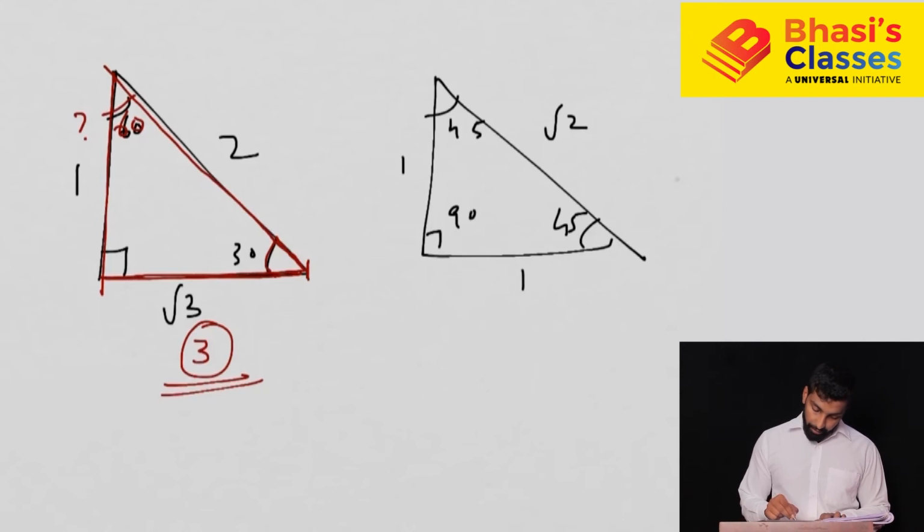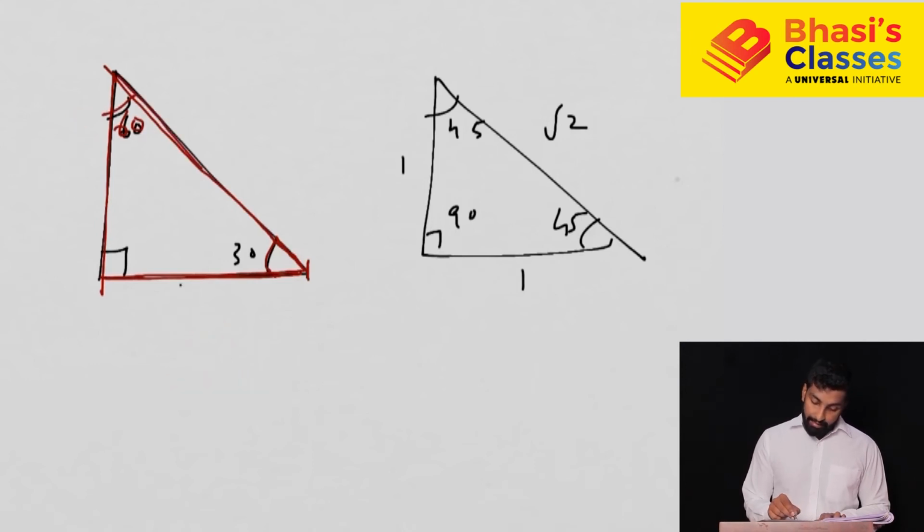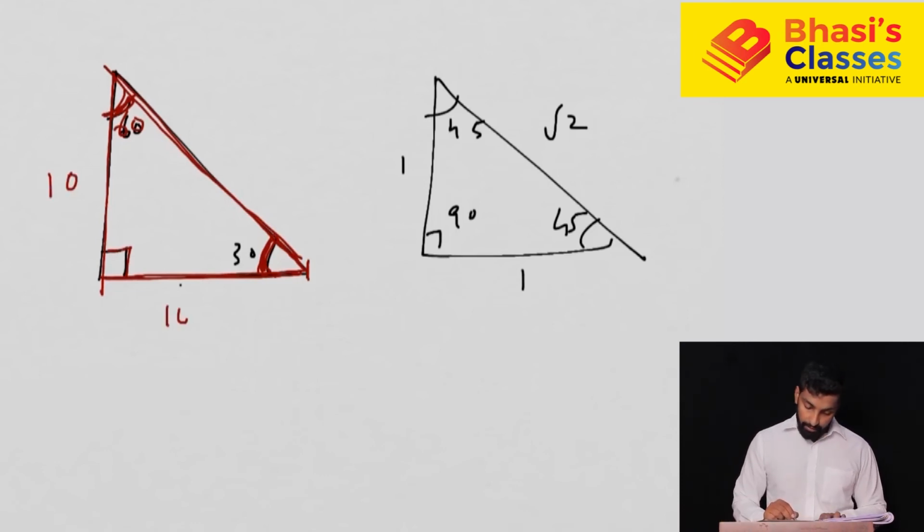Or they can ask you a different question. A ladder leans against the wall and it touches the ground making an angle of 30, or from here they are making an angle of 60. So obviously this is 30 and wall means this is 90. Now what you will get is this length, the height of the wall may be given, maybe this is 10. So what will be this? 10 root 3. Very easy, right? So in case of 45, these questions will be easy. If this is given as 30, this has to be 30.